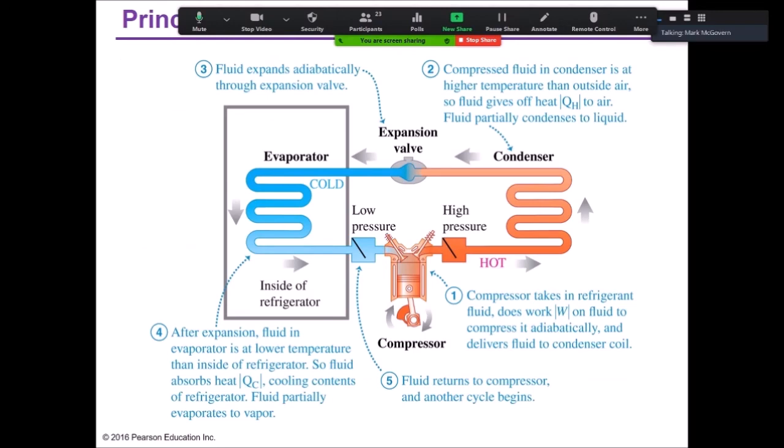So here's how your basic refrigerator is going to look. Inside the refrigerator, sort of attached in thermal contact with the contents of your fridge, you have very cold gas that goes through. That cold gas goes through a special device, the expansion valve, that allows